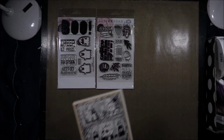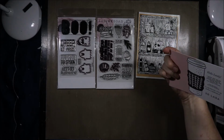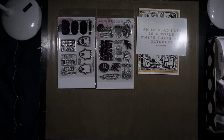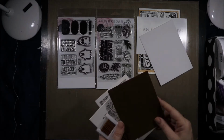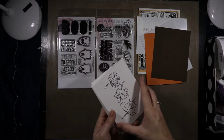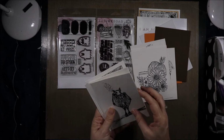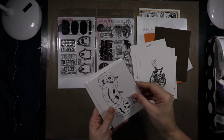Then we had the cool postcard for this month, and we had an extra one, which is the Ink Road one, which says, I am so glad we live in a world where there are Octobers. There was an envelope in this one. I've still got the cardstock in this one. I don't know how that happened. And then we had all these awesome prints on watercolour paper, so then you could watercolour them in or use